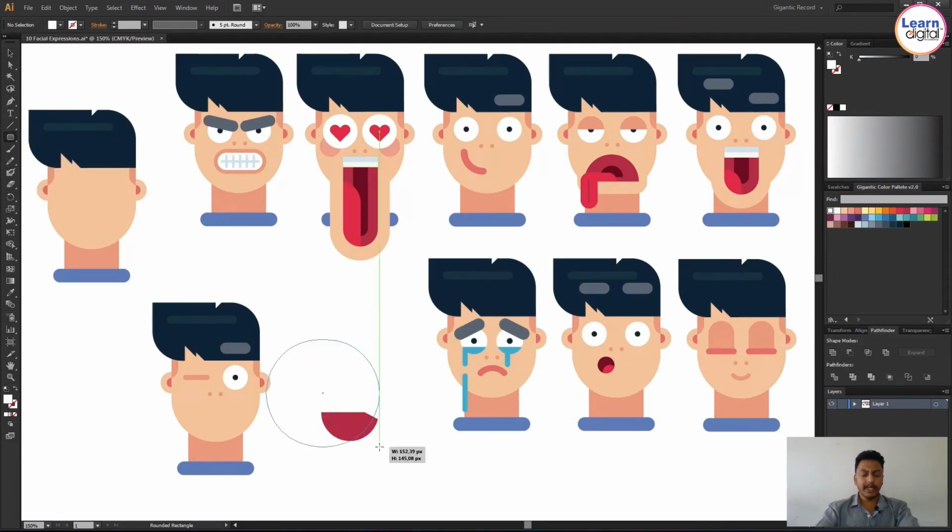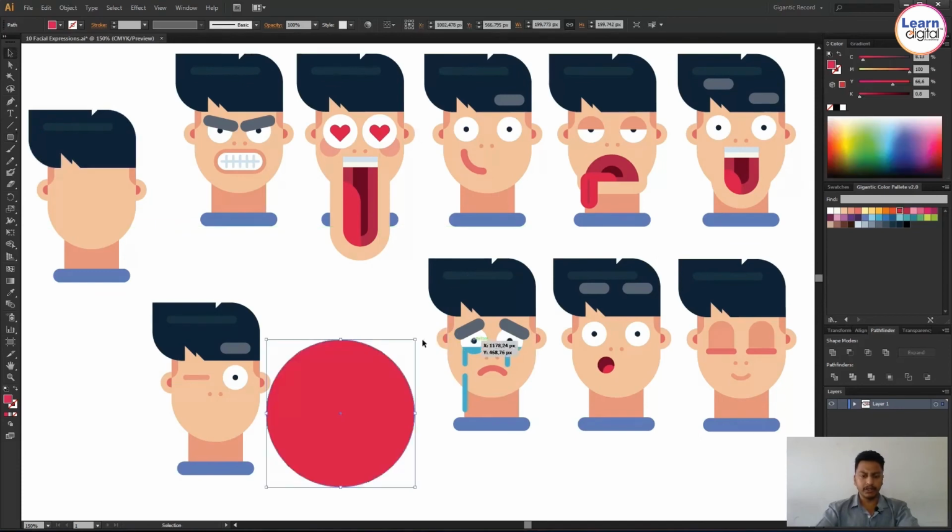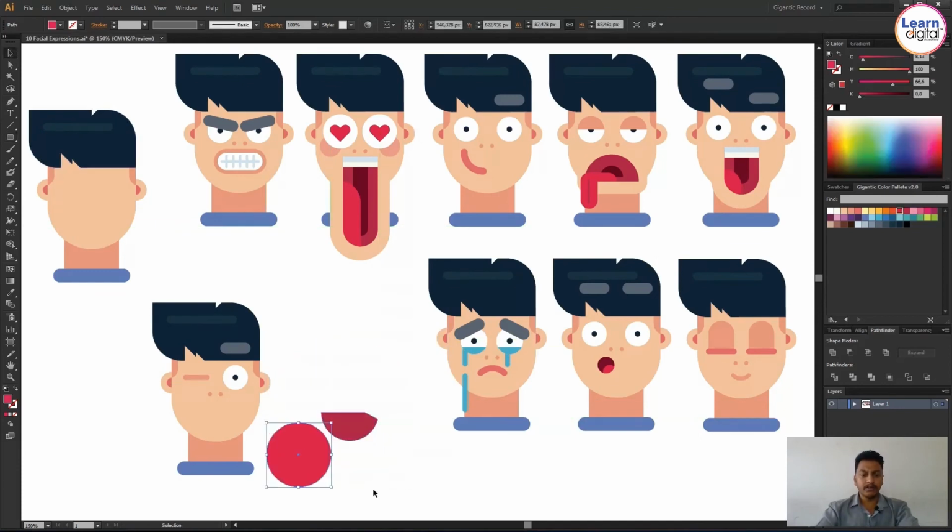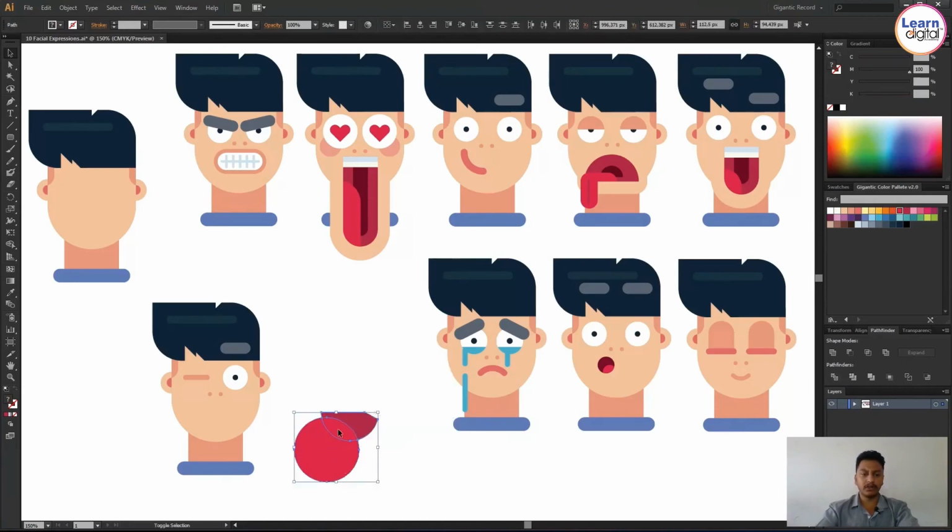I'm showing this a little more quickly, because I already showed you a lot of expressions. I know it will take a lot of time. Whenever you are creating, it's not an issue if it takes half an hour or 1 hour to create one expression.